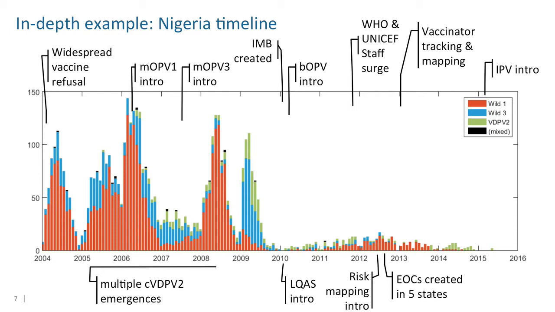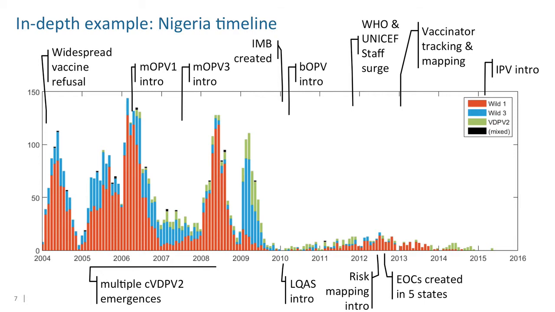There was a realization in 2010 that it was going to be very important to detect polio cases very effectively, but also to anticipate them. You'll notice the number of efforts that were made to fight the virus, for example, by changing the type of vaccine that's used. MOPV1 stands for monovalent oral polio vaccine type 1. So it contains only the type 1,